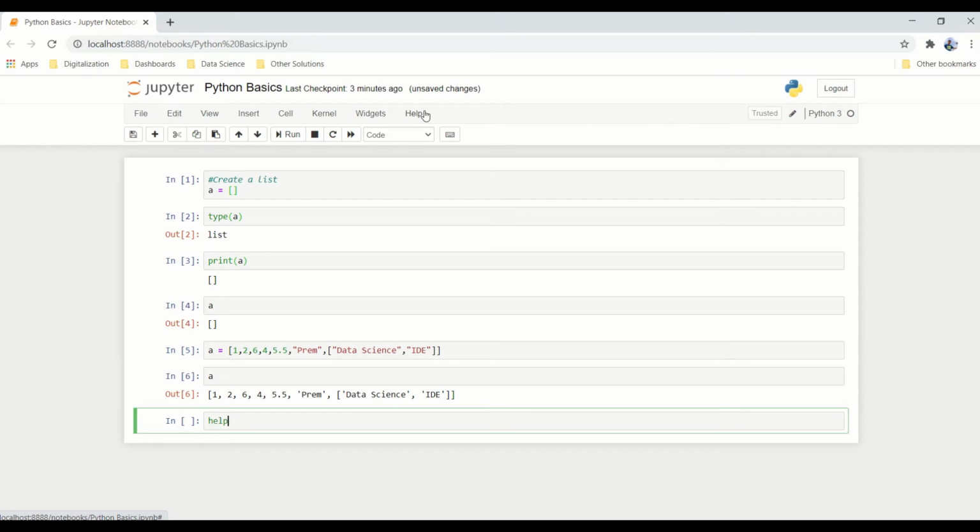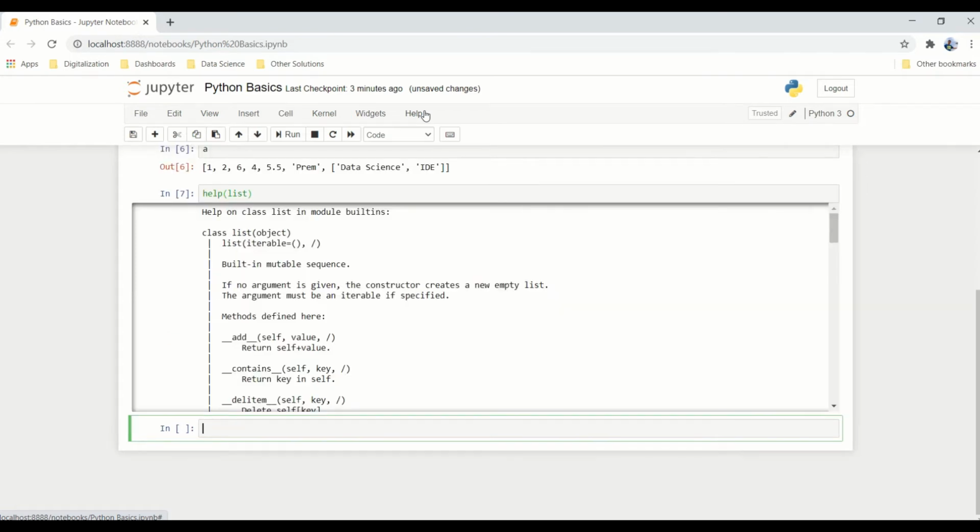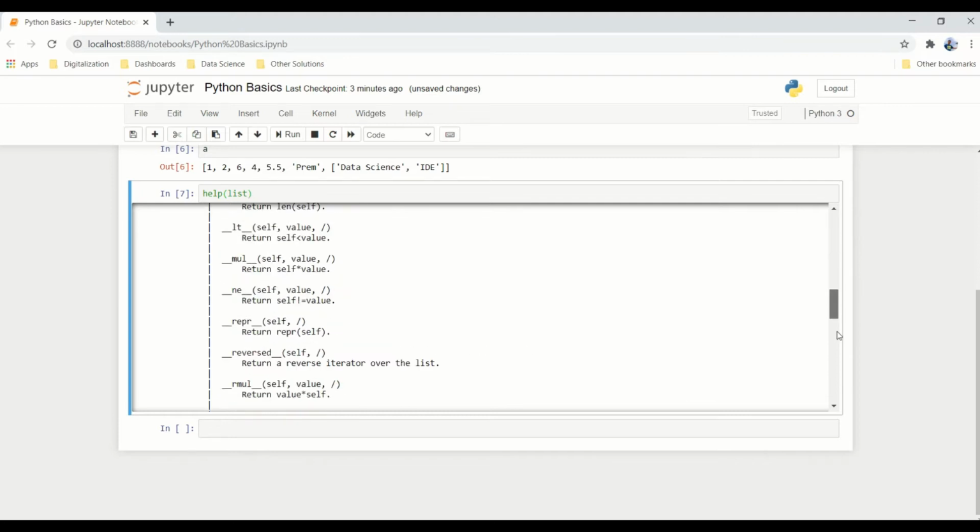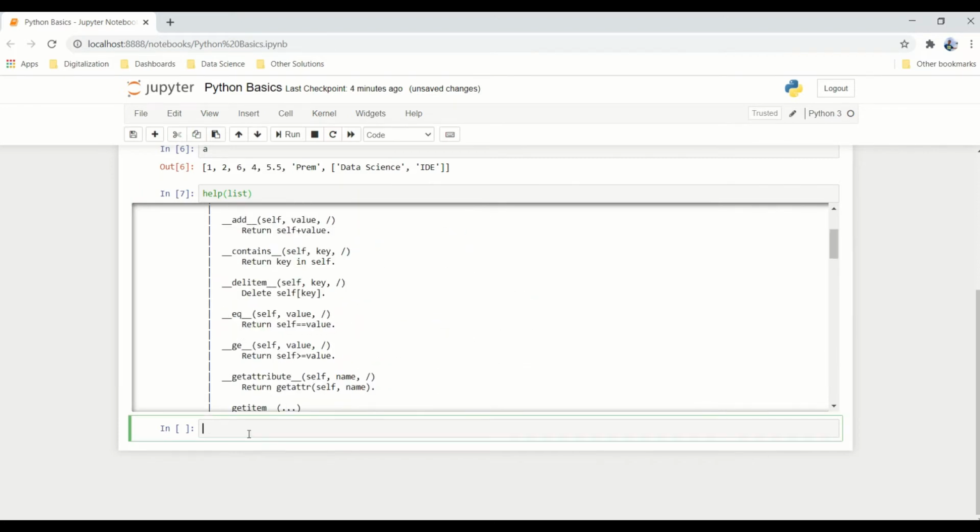Now if you want to know what methods you can use, you click on help of list. This will give you all the methods and the details related to the list data type. Another option is to press the Tab button. When you type a dot and press Tab, you can see the list of methods available.